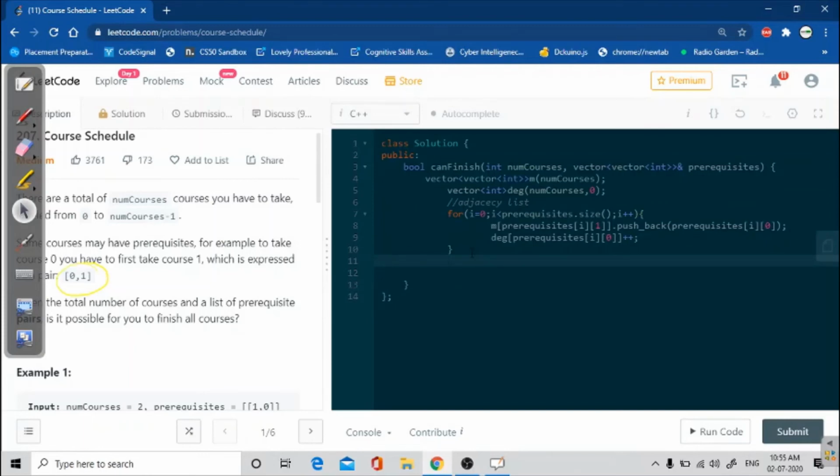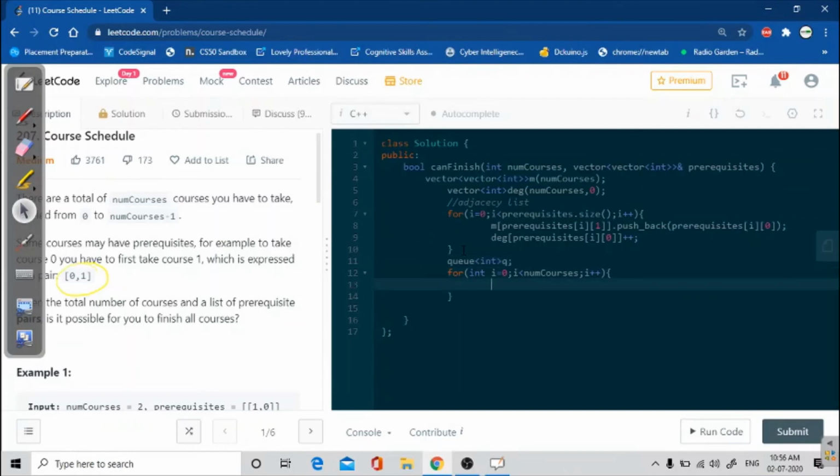After that I have to loop for this degree. So i equals 0 till num courses, i plus plus, and I am going to check. I have to maintain a queue first, queue of type int, and name it q here.